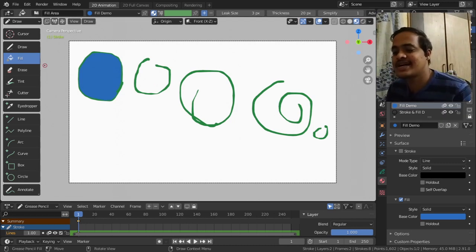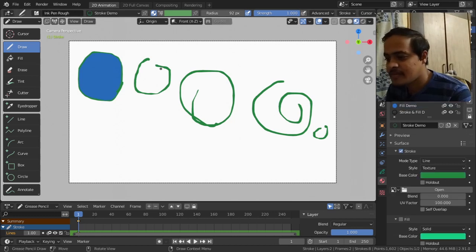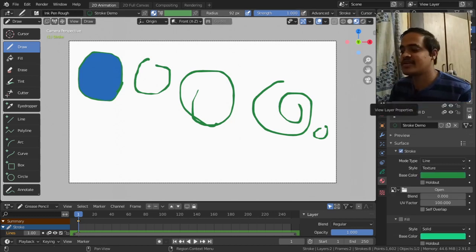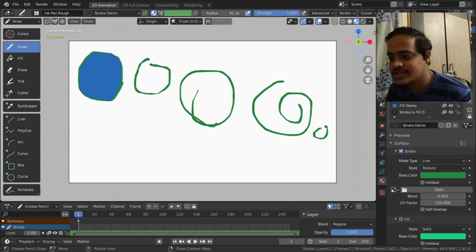Now along with that, when I am filling areas where there are small gaps, let us understand this. What I will do is create a very small gap. I will go to stroke demo. One more thing for power users, every time we have to come over the material and select a stroke over here, you can as well do it from here. So I will take stroke demo and click and drag a